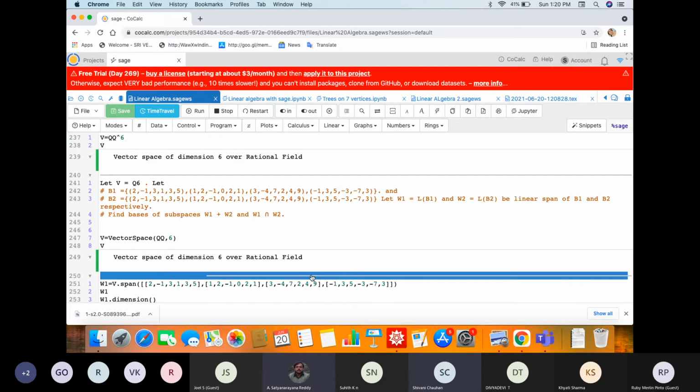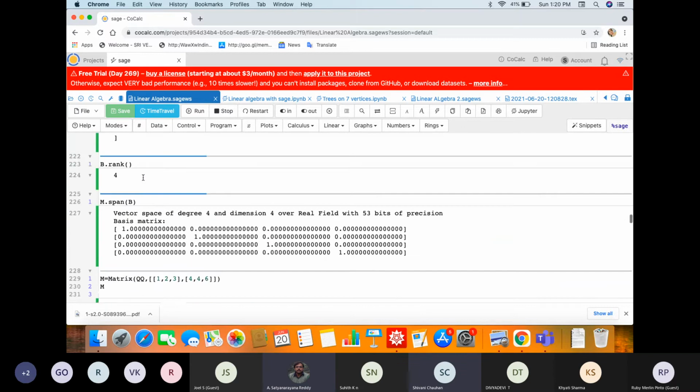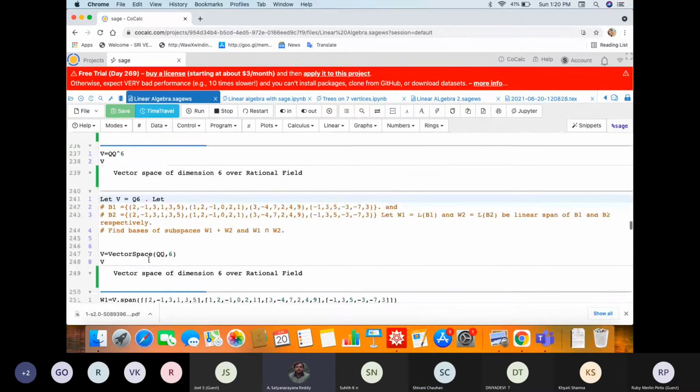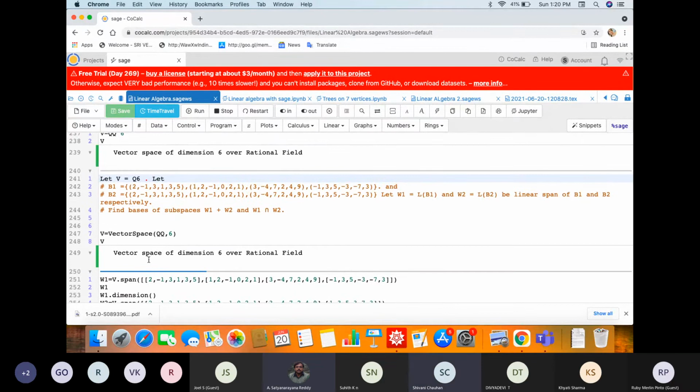Okay, see, we'll go slowly. So Q6 you told, right? Let V equal to Q6. But it is not a Sage code, right? Is it a Sage code? No, it is not a Sage code. But this is the question. No, that's okay. It is a question. So why did you write V equal to? Why can't it be just V? What do you want to say from Q6?